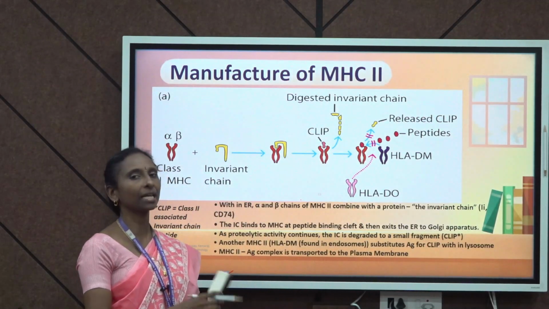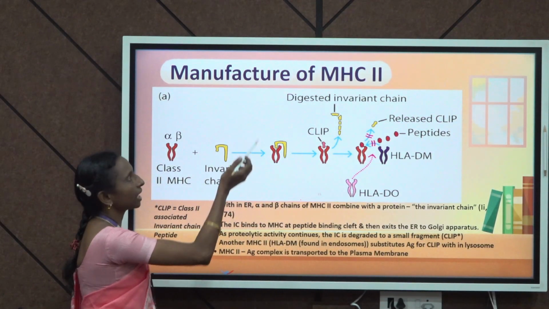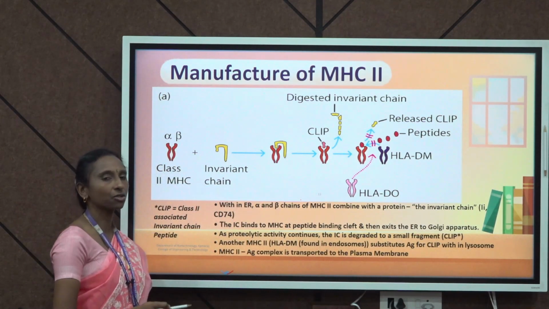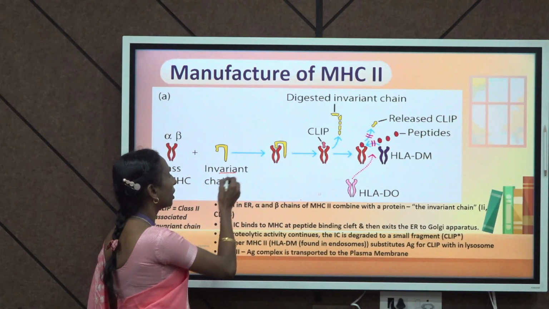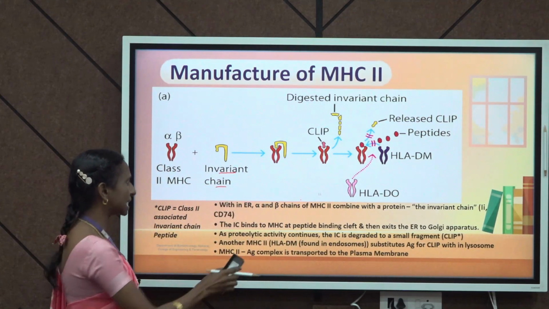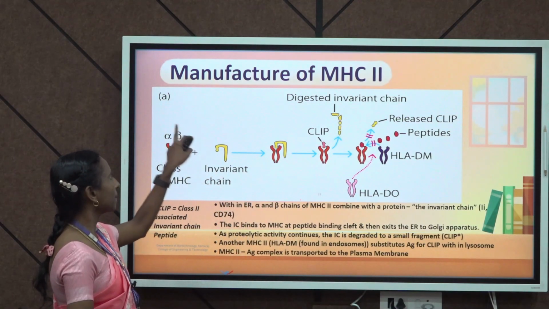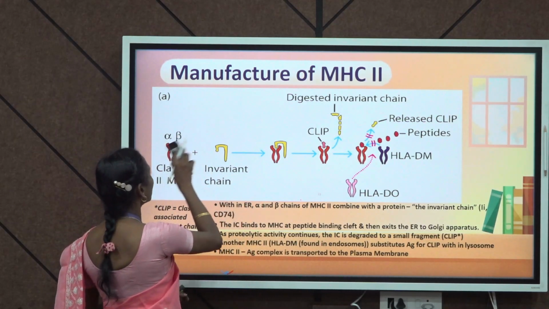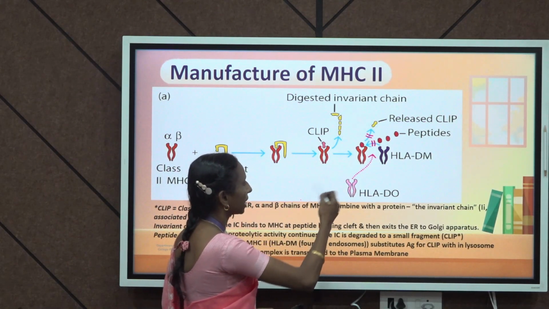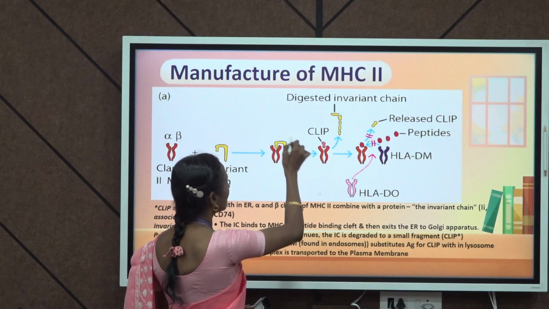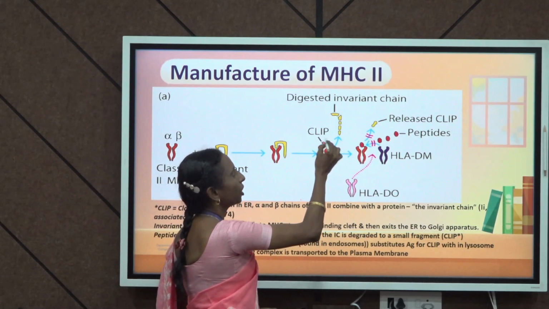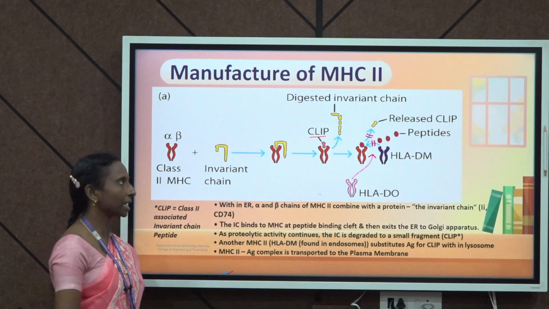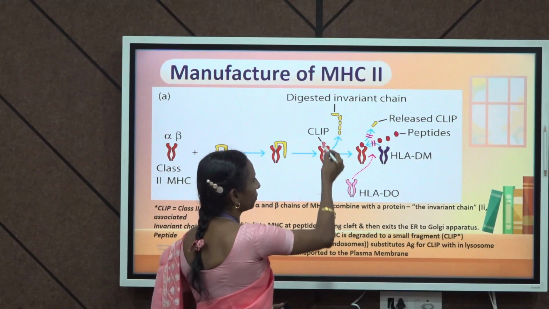So, just like the cytosolic pathway, the class 2 MHC manufacturing requires a few stages, wherein the alpha and beta chain of class 2 MHC interacts with a protein called the invariant chain, which is actually CD74, and this chain has the ability to bind to the peptide binding cleft, and once it binds, in presence of another protein, there will be degradation of this invariant chain, leaving behind a small portion called CLIP. CLIP stands for class 2 associated invariant chain peptide,